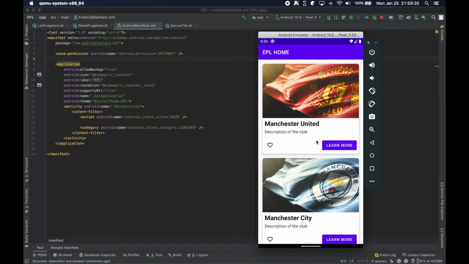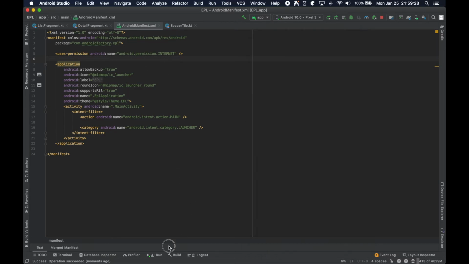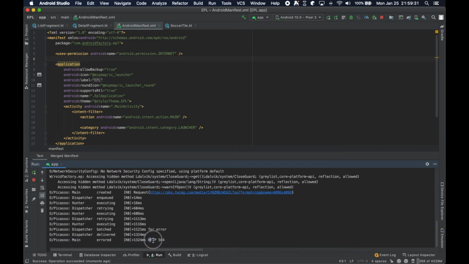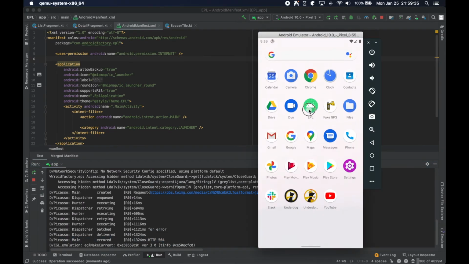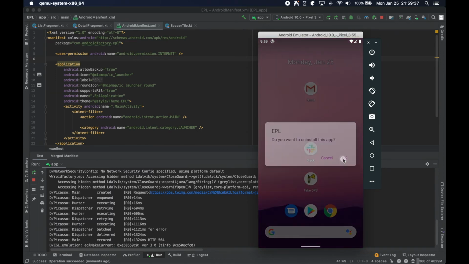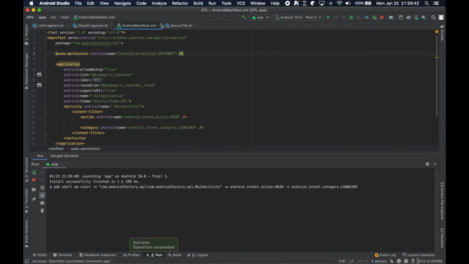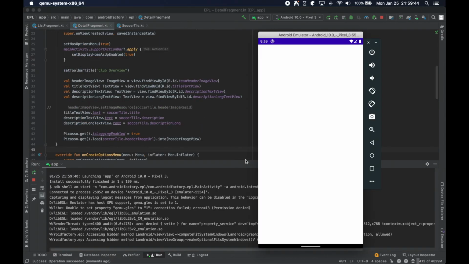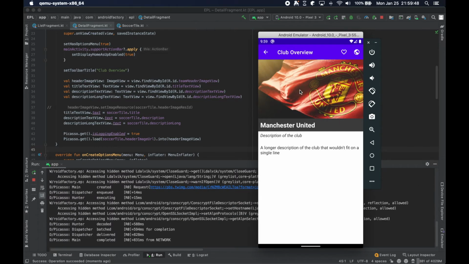So that makes sense to me as to why that was part of the step or that was missing. But then even after we comment that out, again in the logs here, getting a 504, but oddly enough, if I go ahead and uninstall this and reinstall the app with the internet permission enabled, everything seemed to work. And so these URLs weren't broken that I had set up in the soccer tile, and